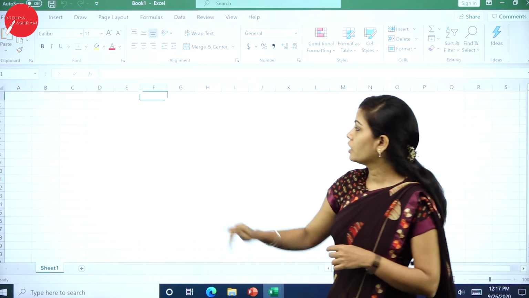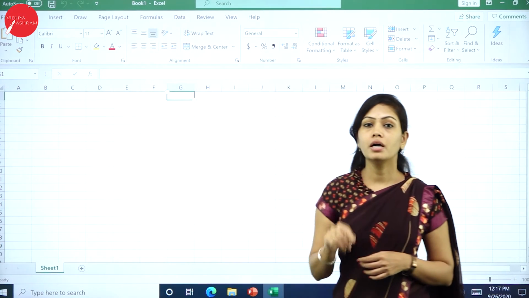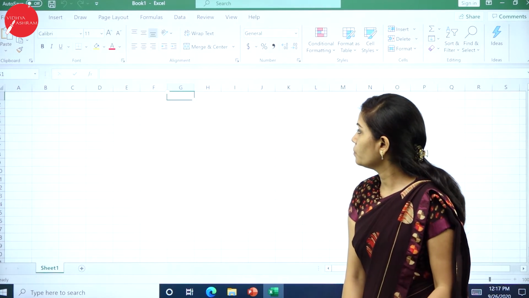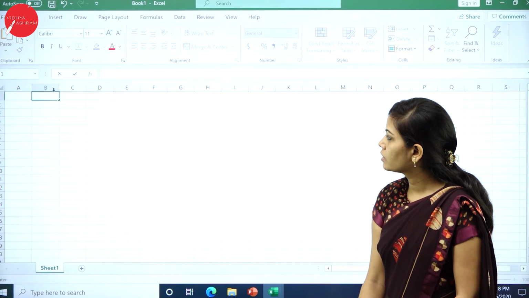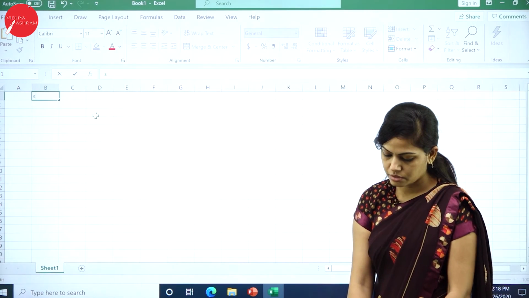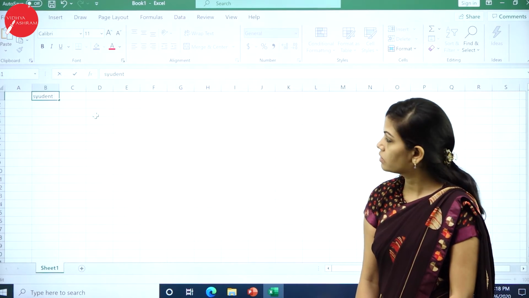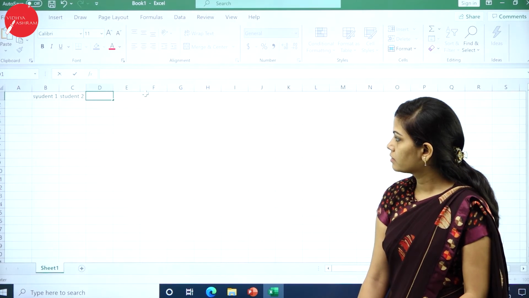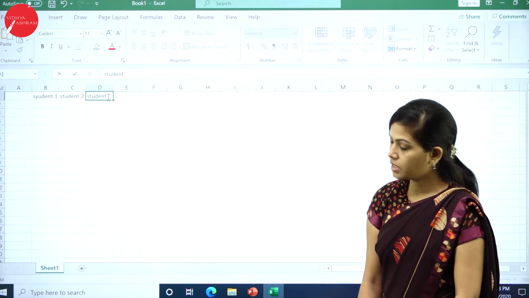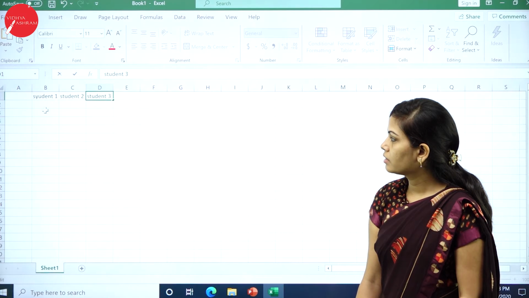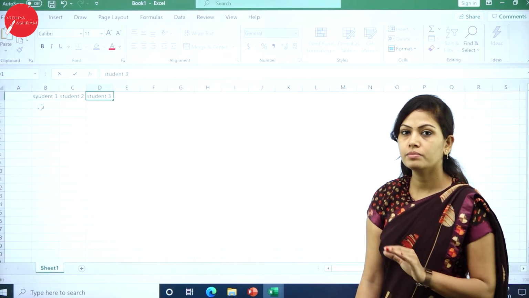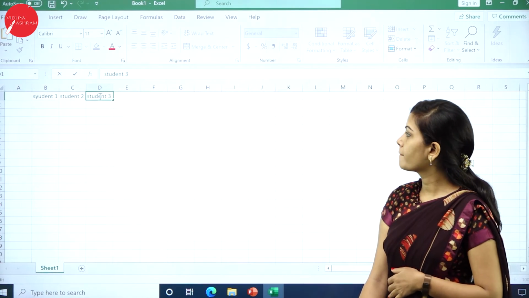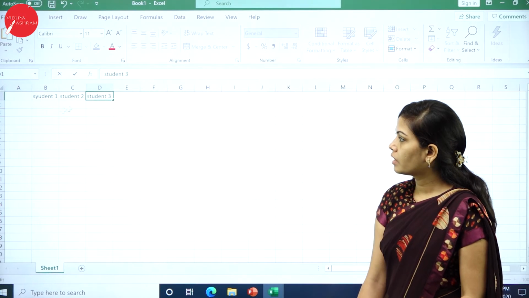So in an Excel sheet, you can type numbers, letters and mathematical formulas. So I will show you. Here I will keep the cursor. Student 1, student 2 and student 3.